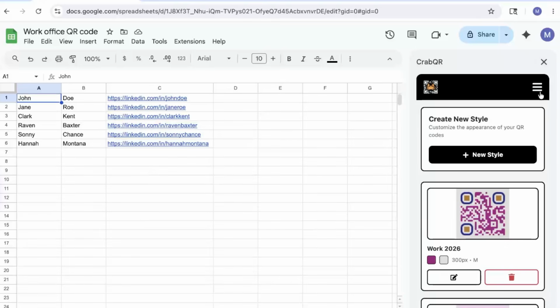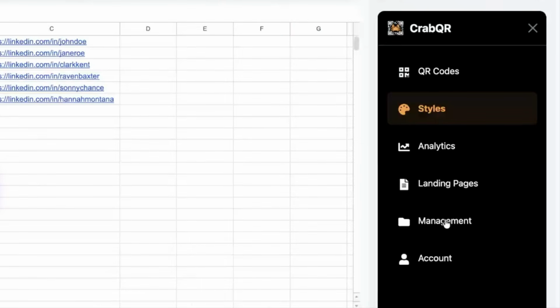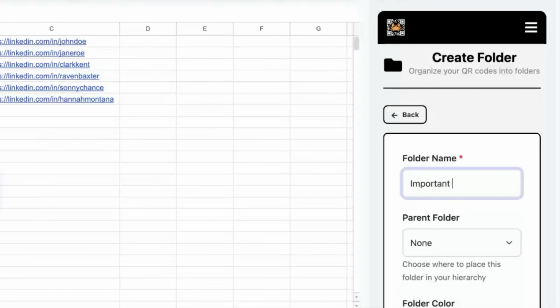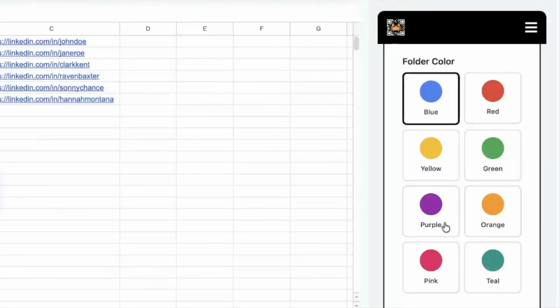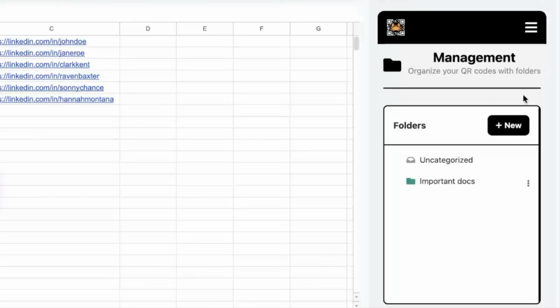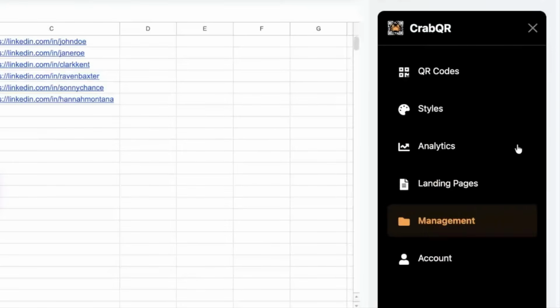I'm going to go ahead and click on the three lines in the upper right hand corner again and go to management. I'm going to create a folder. Alright, and I'm going to go ahead and give my folder a color. I'm going to choose teal. Great. Alright, and here would be where you also can go ahead and create a landing page. I'm not going to go ahead and do that, so I'm going to go back to QR codes